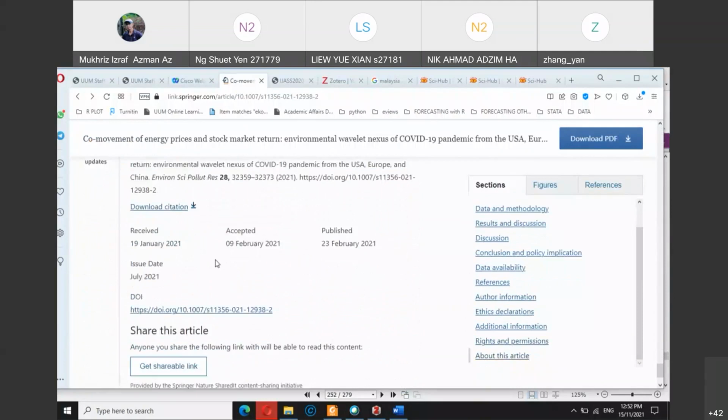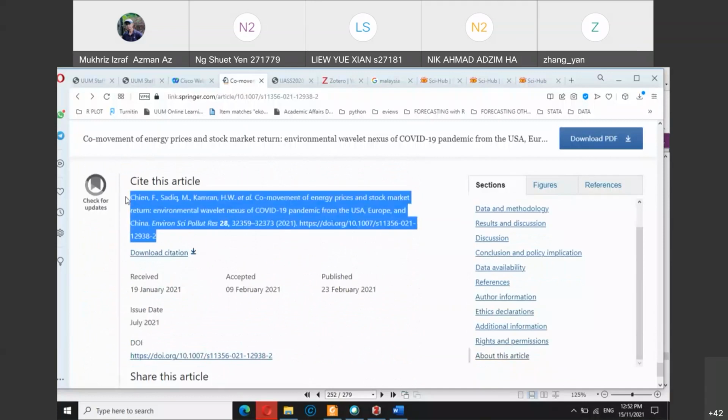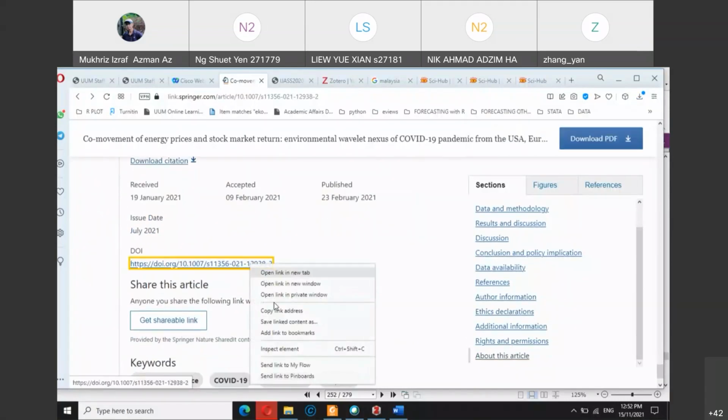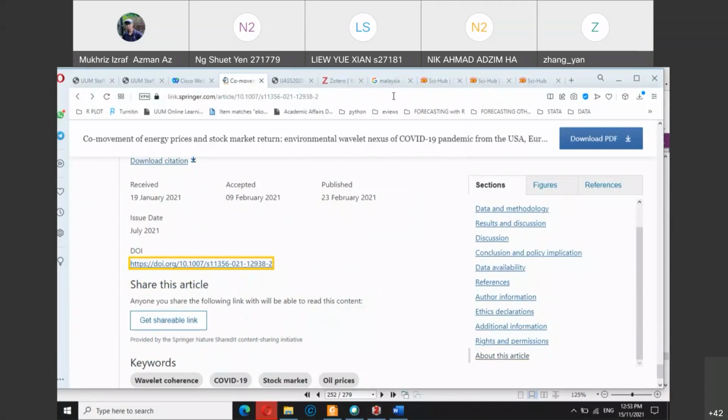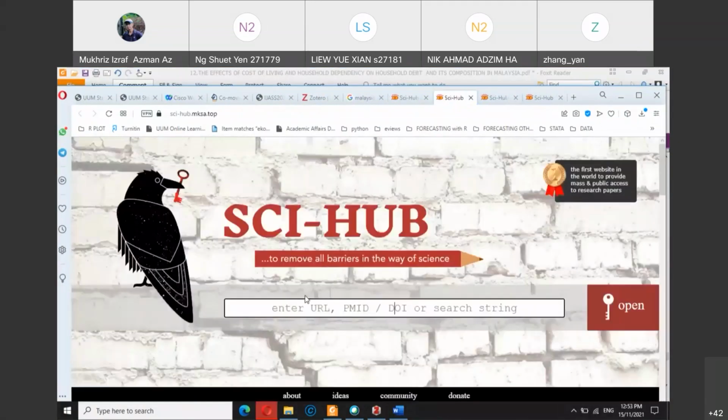Yeah, this one. So you can see that even to cite this article, you can just copy and paste this one, or you can download the citation. So you can import this file into Zotero, or you can just copy and paste this one into your Microsoft Word. But for this one, the DOI, you can click copy, and then open Sci-Hub again,